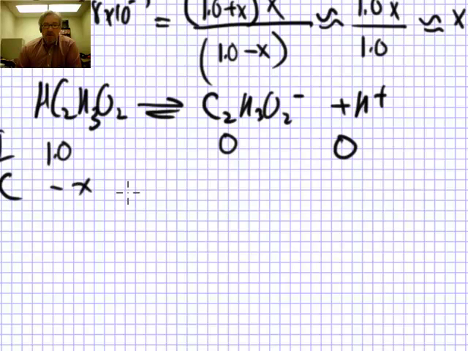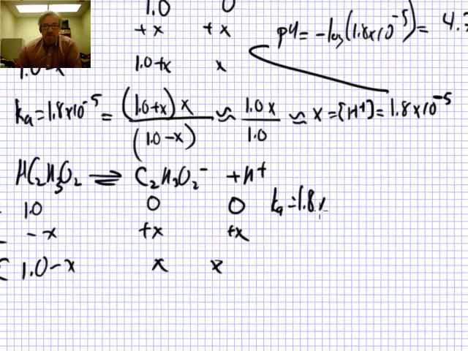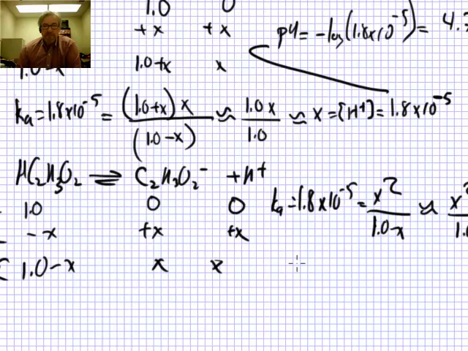At equilibrium then, we have 1.0 minus X and then X and then X, so that Ka, which is 1.8 times 10 to the minus 5, is equal to X squared divided by 1.0 minus X. And of course that's approximately equal to X squared divided by 1.0, so that means X is going to be equal to the square root of 1 times 1.8 times 10 to the minus 5th,